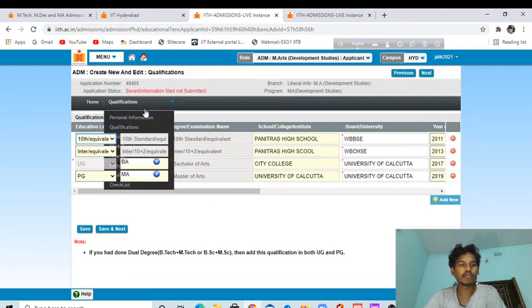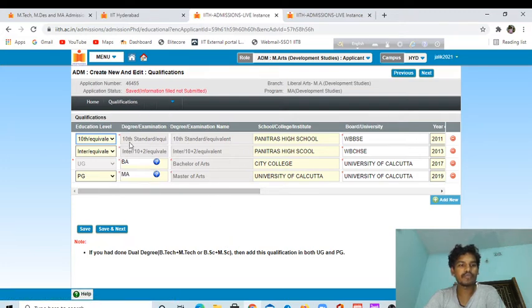And then you have to put your qualification details. If you are from ICSE, CBSE, or a state board background, you can put all this information. You have to select this, like this is 10th standard, okay. You should put the name of the high school. This is my high school, Pintras High School, and the name of the board, West Bengal Board of Secondary Education, you can put according to you.